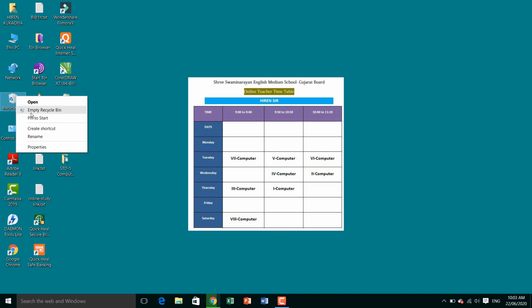If you click here, there is no need to go inside. You can empty the recycle bin directly. All the files in the recycle bin will be deleted. Understand? So here you will get the option, but